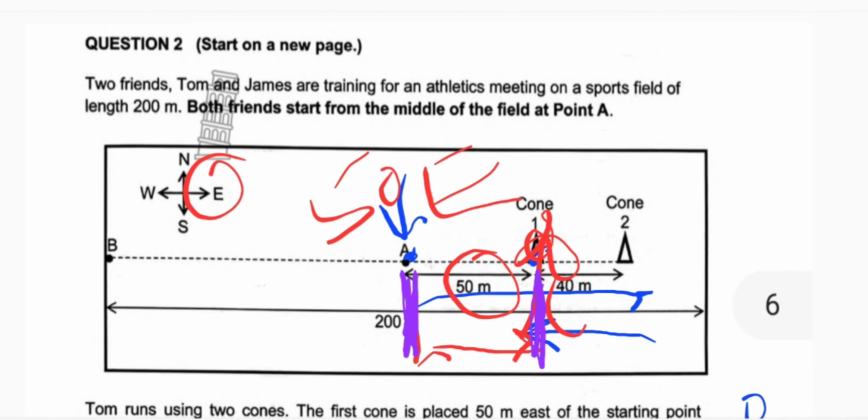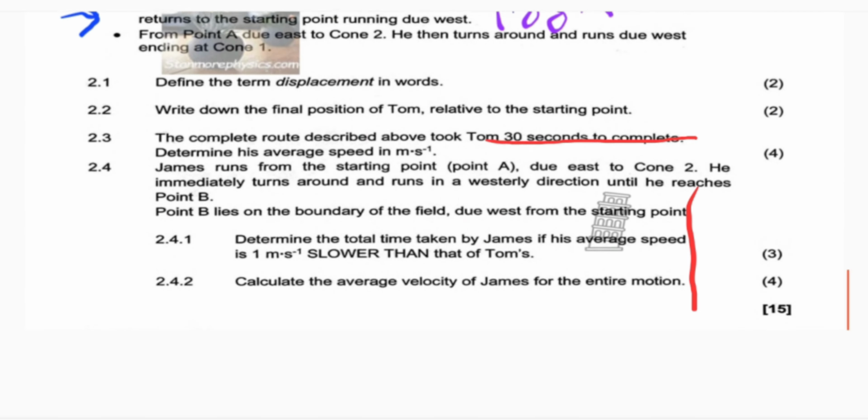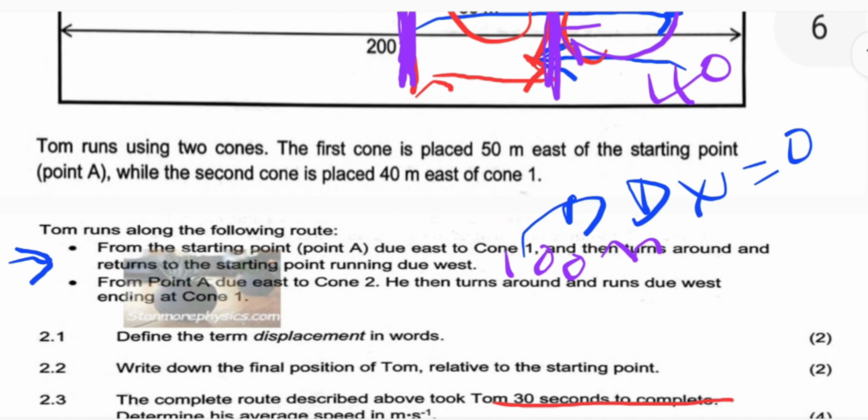So he started once more from the initial point. He went all the way to cone 2. So you can agree with me that he has about 90 meters now. But he goes back once more to cone 1. So that will be what? That will be 40 meters. So we will add the 90 plus the 40, which gives us nothing else but 130. We write that 130 here as part of the motion, to say here it was 130 meters.